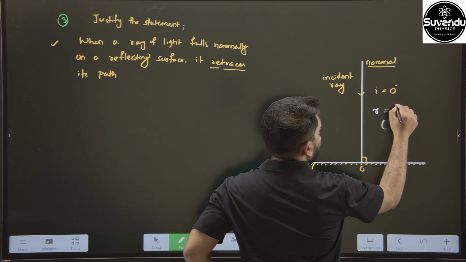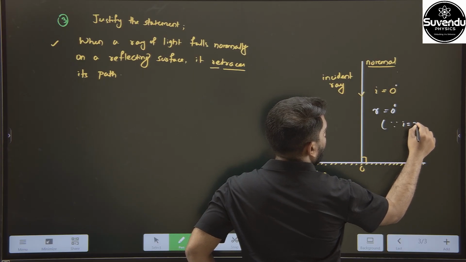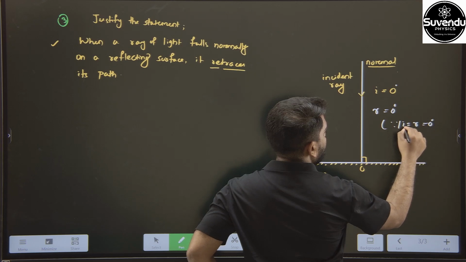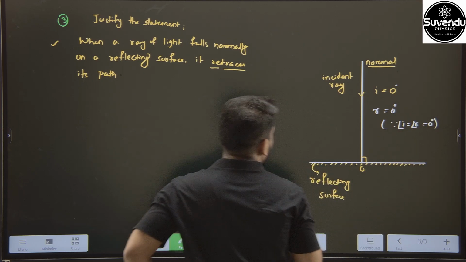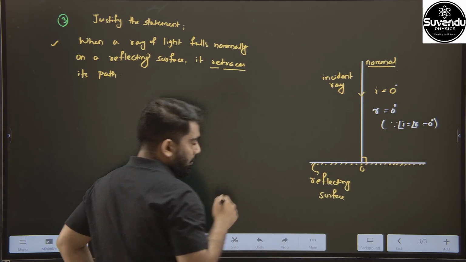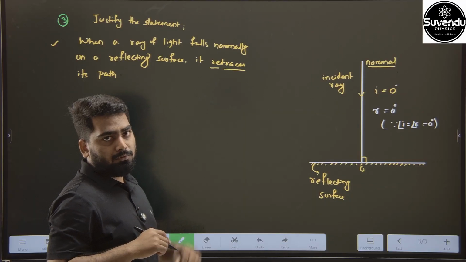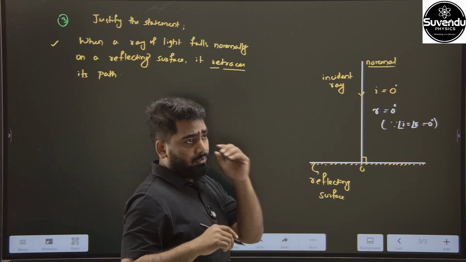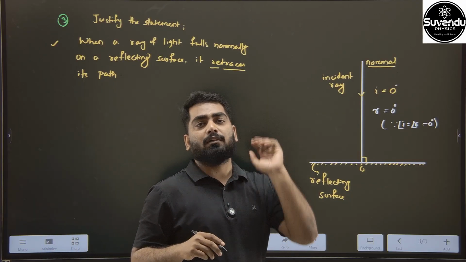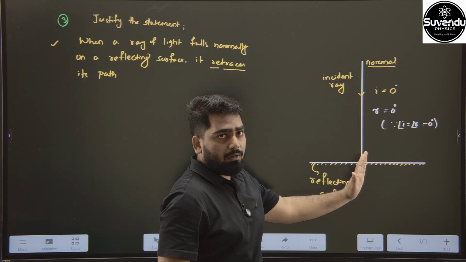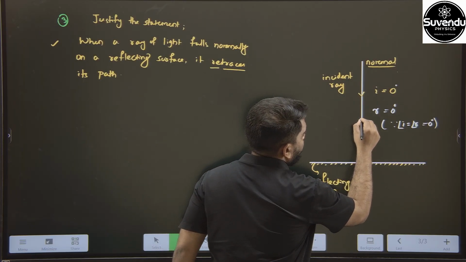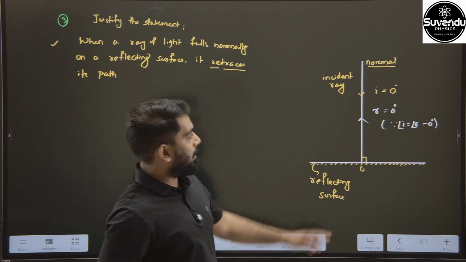Because angle I is equal to angle R is equal to 0 as per laws of reflection. So what is the meaning of angle R is equal to 0? Angle R means angle of reflection, and angle of reflection is the angle between normal and reflected ray. So this line represents the normal, and if this represents the reflected ray like this, then the angle of reflection